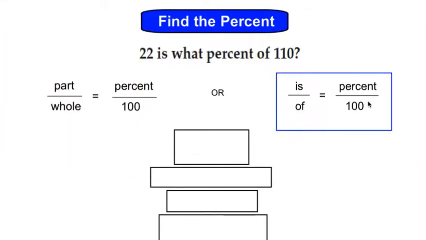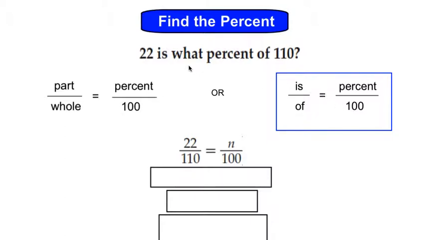And the way I'm going to teach this, the easiest way I've found for students to understand the percent problems is to do this formula. Is over of is equal to percent over 100. What that means is you take the number that is with the word is. So in this example we have 22 is, so 22 would go on top. What percent of 110? The number that goes with of is on the bottom, so it says of 110, so it would be 22 over 110,